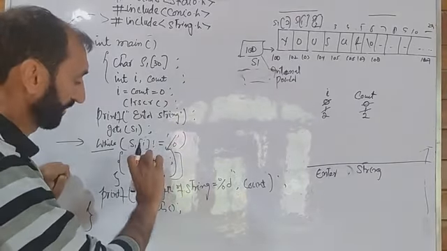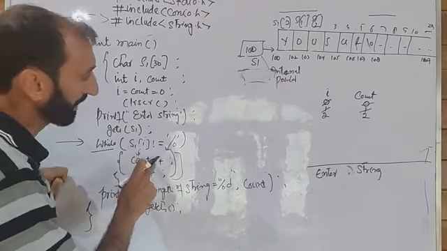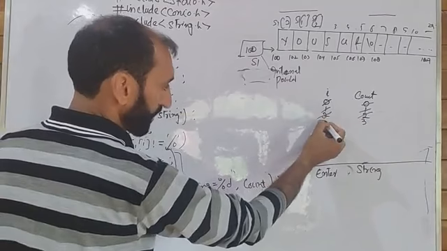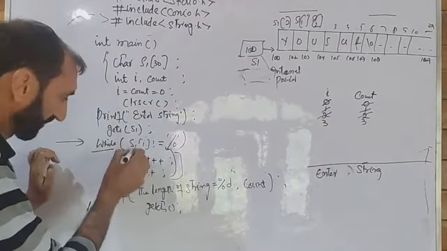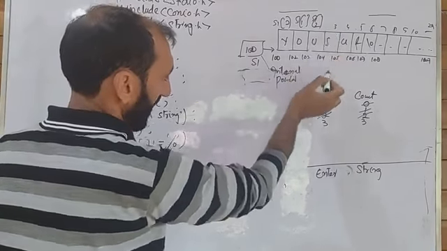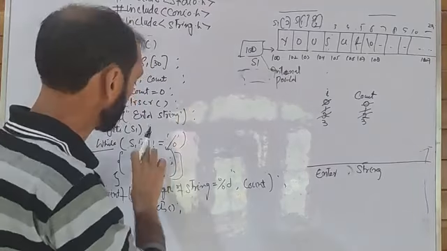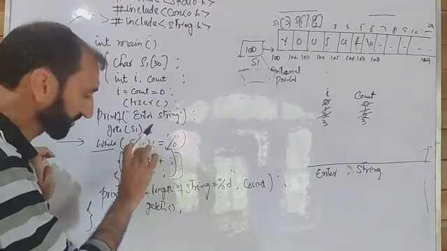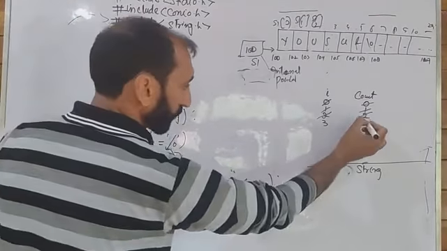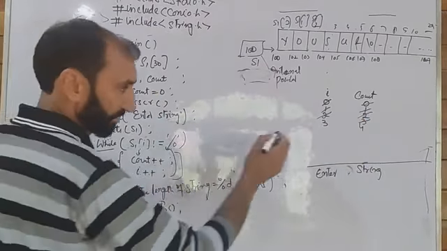As long as it is not a null character, the body of the loop is executed. Count was 2, it will become 3, and I was 2, it will also become 3. Then s1 of I, that means s1 of 3. This is not a null character, so the condition is true and control enters the body: count was 3, it will become 4, and I was 3 and it will